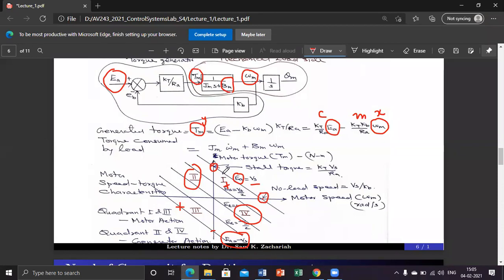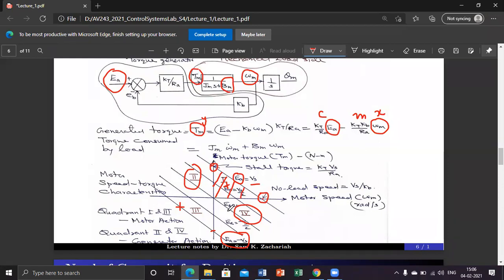So this gives two extremes. One is the zero torque maximum speed point. Another is the zero speed maximum torque point. So any normal operating points will be within these two extremes. And you can say that this is the useful region where the motor can work, because these two points are not useful. You always require a finite speed and finite torque. So the motor will operate like this.